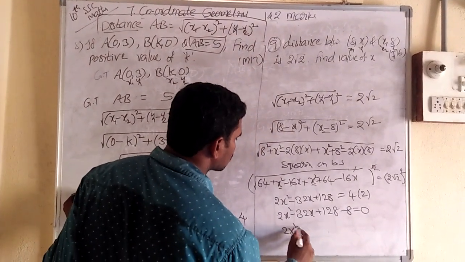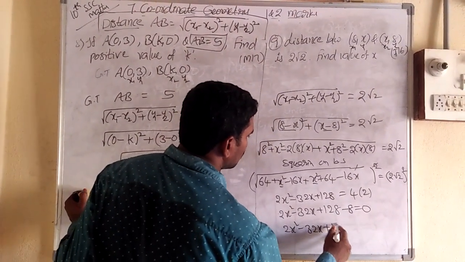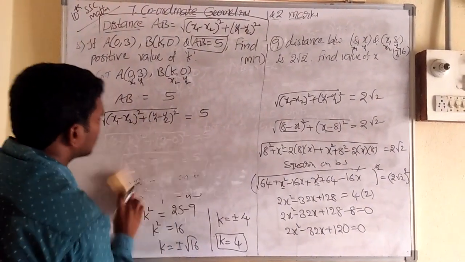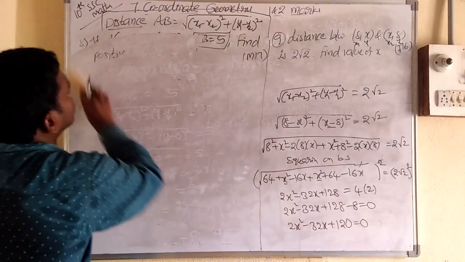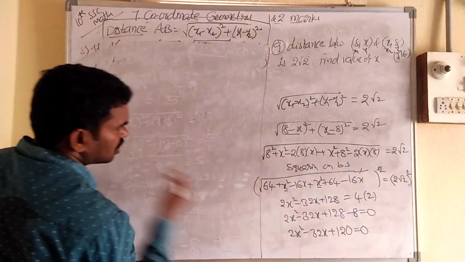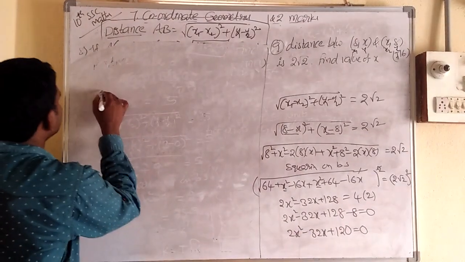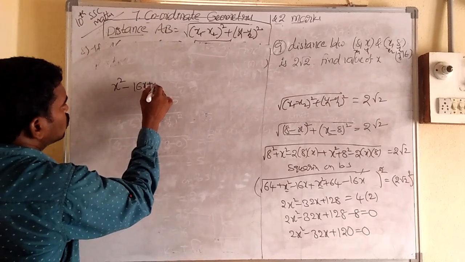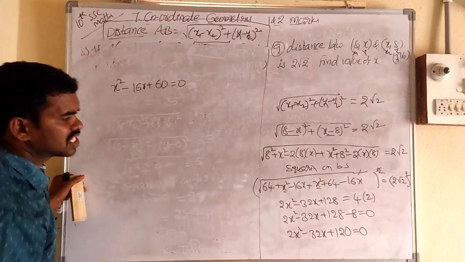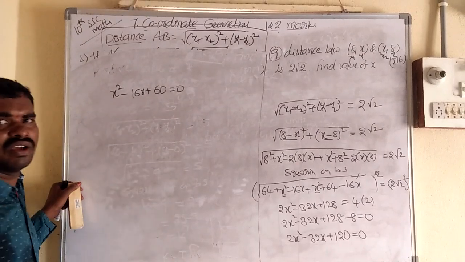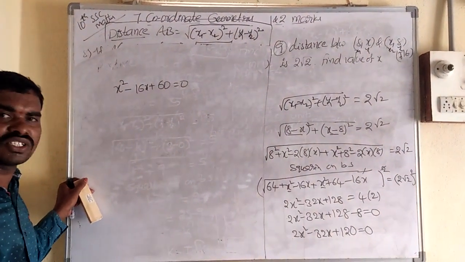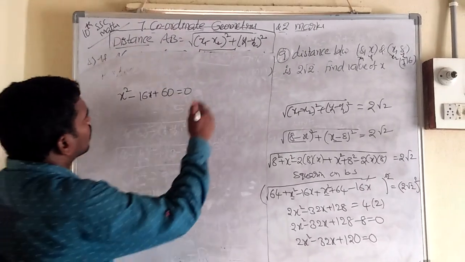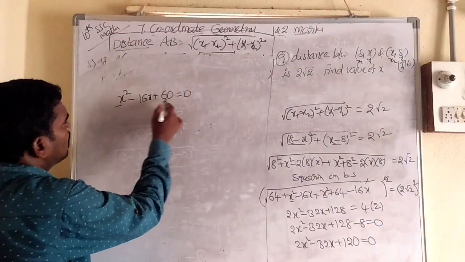So then 2x square minus 32x plus 120 equal to 0. Okay? Next, in this 2 is common. So 2 is common on this side. Remaining: 2 divided into x square gives x square, 2 into 16 is 32 so 16x, 2 into 60 is 120 so 60. So this is what we got. Again we can solve by the factorization method. Quadratic polynomials we have done for graphs, and quadratic equations also we have done. So what is the constant? The x square coefficient is 1, the constant is 60.